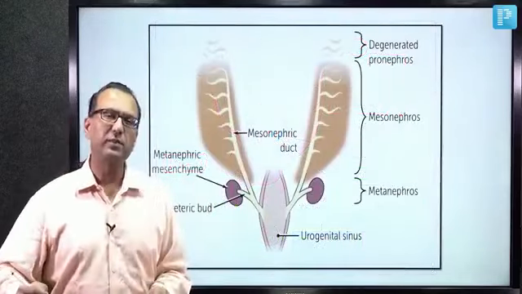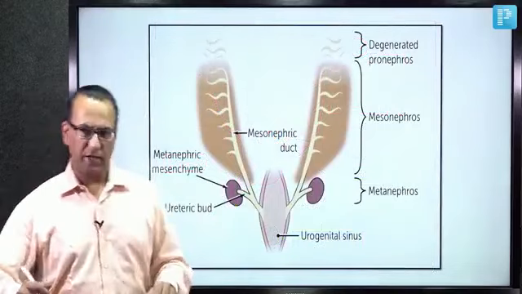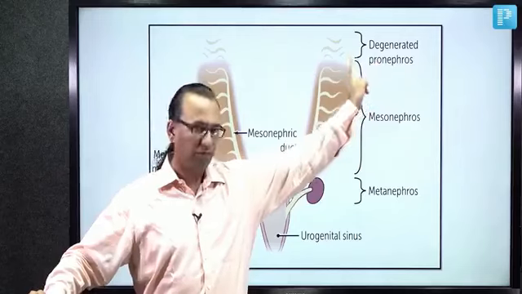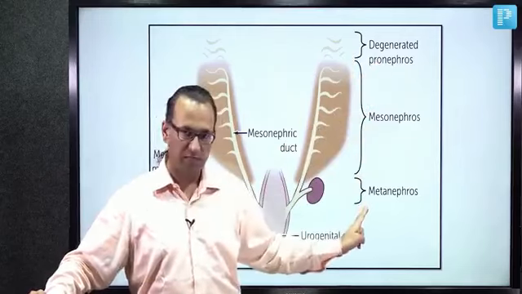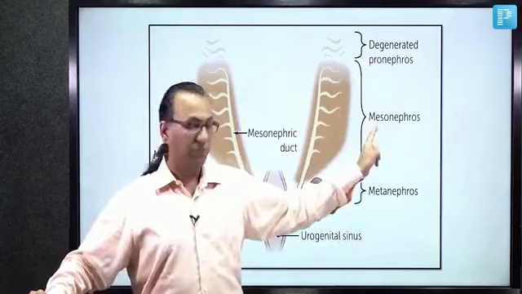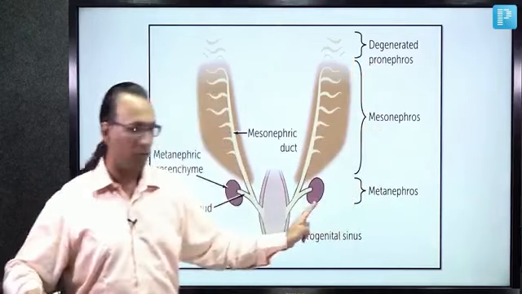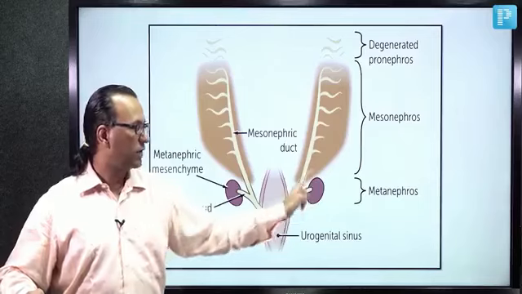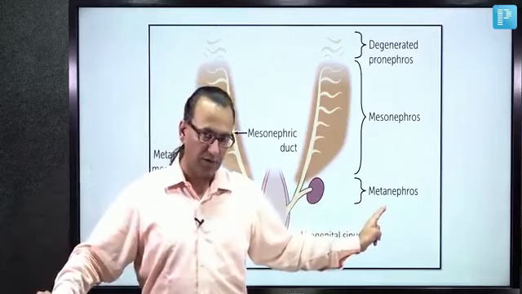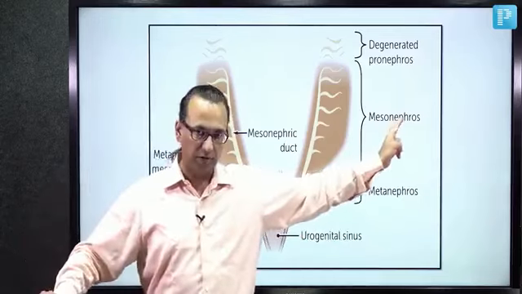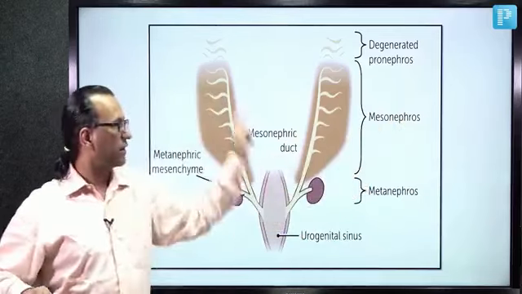This intermediate mesoderm is going to contribute to the genitourinary system, as we see that it is going to form pronephros, mesonephros, and metanephros as well. But the pronephros and mesonephros disappear in humans. It is the metanephros which is going to form the kidney. But kidneys do not develop just like that. They need stimulation, and for that stimulation, what we have is mesonephros disappearing, leaving behind one mesonephric duct on each side,